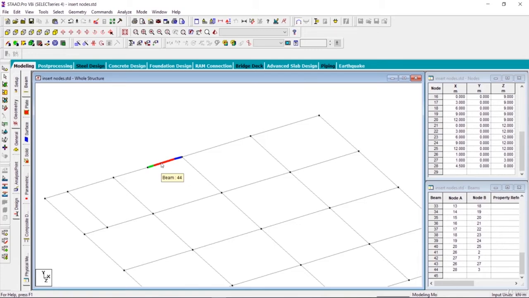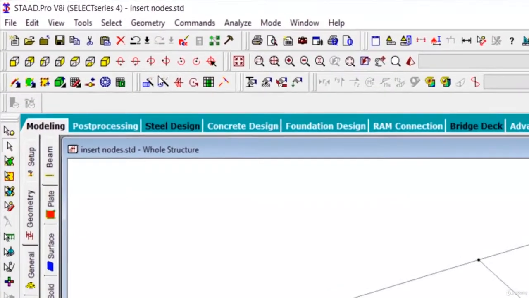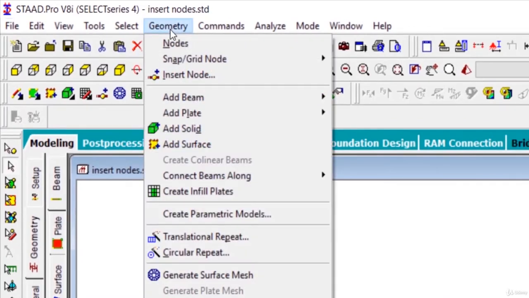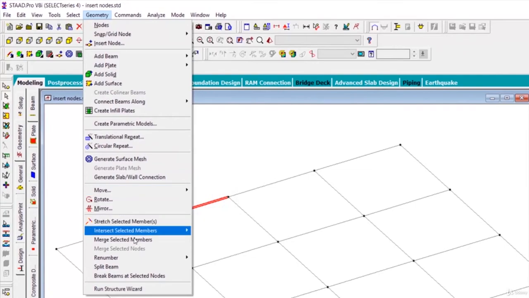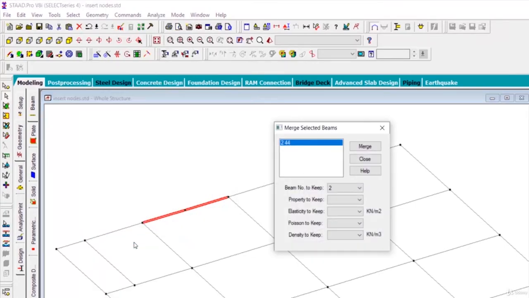So select these 2 beams, left click on it, after that press Ctrl and left click on it. After that go to geometry and after that click on merge selected members, left click on it and click on merge.